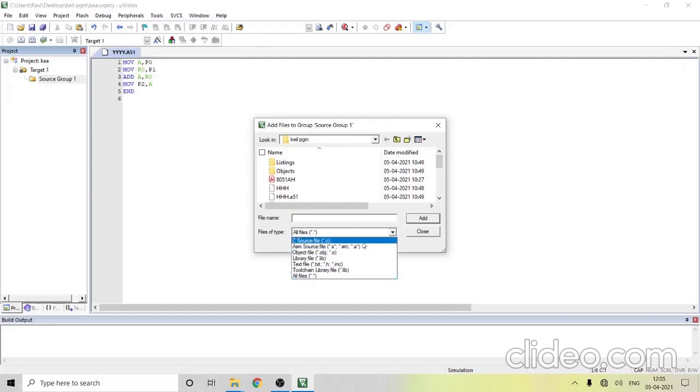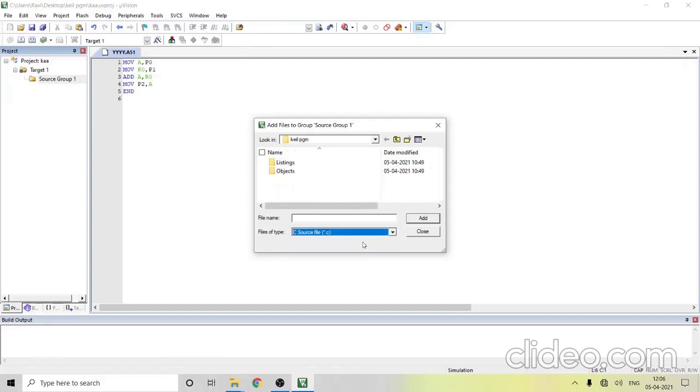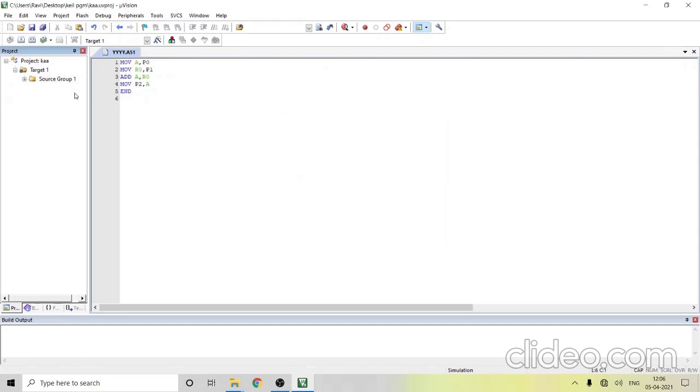It may be set to C source file, then it will not show our file. So from Files of type, select All files. After that, type your file name, yyyy.a51, or select your file, click Add. After that, close it. When you press Add, you can see yyyy.a51 come under Source Group 1. Now your project and your file are added.